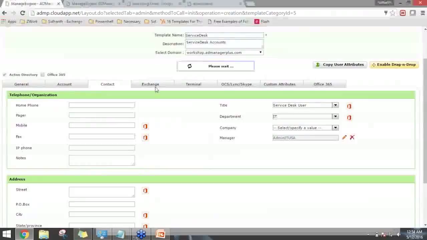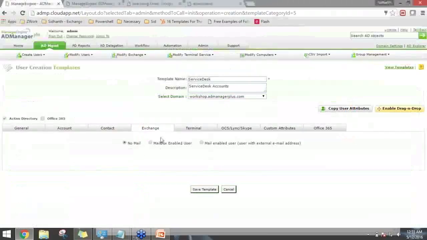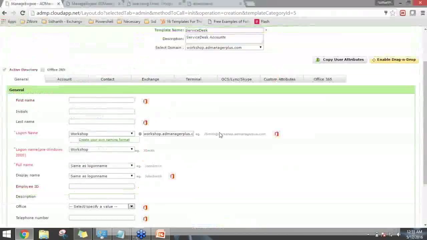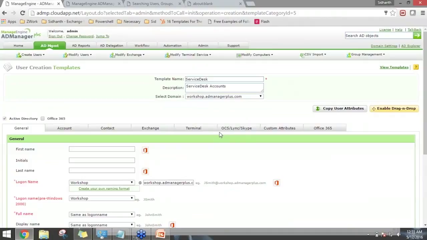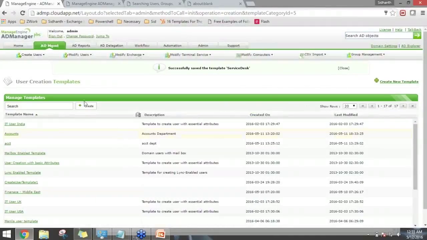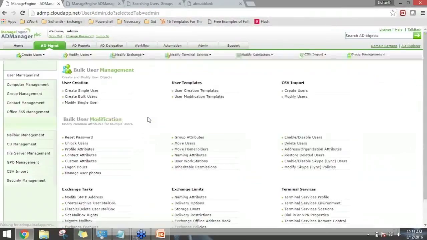So there you go, I've defined the contact, and yes, just like what we created in a single account, I can also define the exchange, link, and other properties too. So which means once I have this template saved, so I've just covered up half of what we learned through the user creation template. There are a few more features that we would be exploring, and I'm sure that's going to keep you even more excited. So I'll go back to AD management over here,